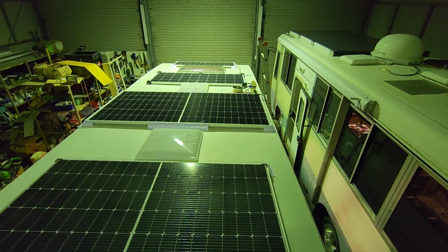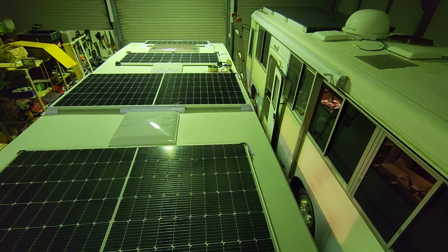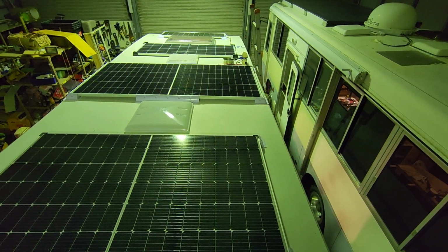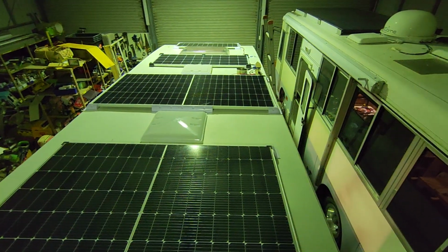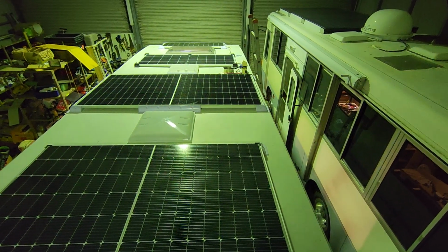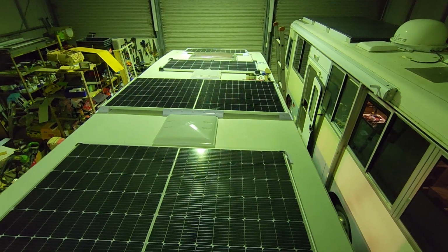Now, the other thing about the 455 watt, that one was the opposite dilemma. I had plenty of room widthways, but the length of the caravan had to be worked out, which I did, and I tried to take into account the feet. You have 6 feet,